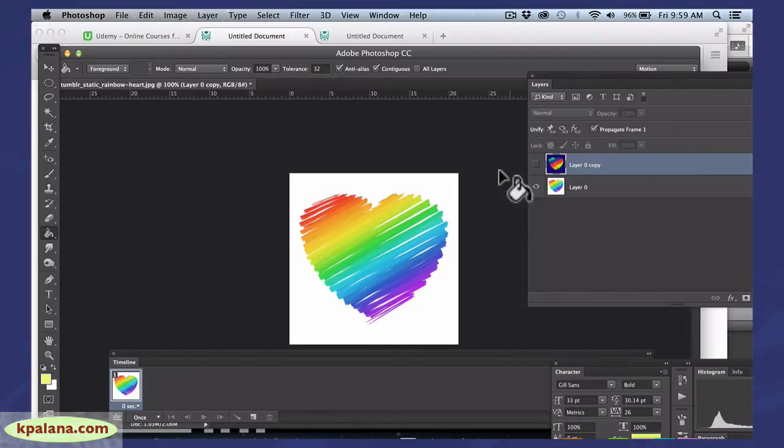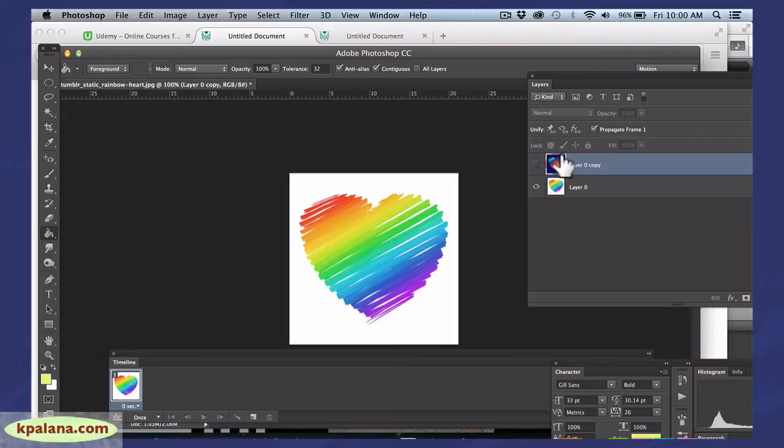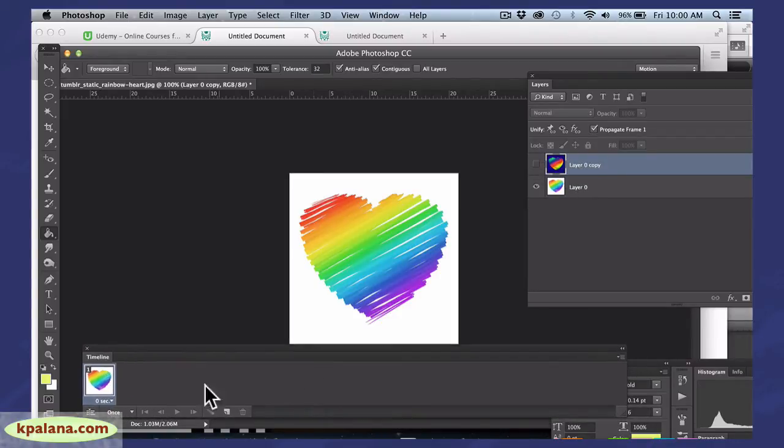Move that out of the way. So I'm in my layers window, and here's my first layer, and I've actually double clicked on it, so it's not called background, because when you have a background layer, it's locked. So if you just double click on it or give it any other name besides background, then you can do stuff to it. And then I have this layer as well, which is a copy. And for now, I've just turned the visibility off